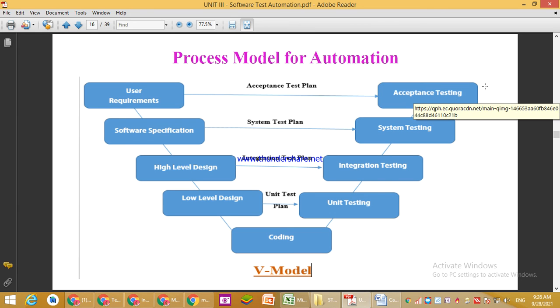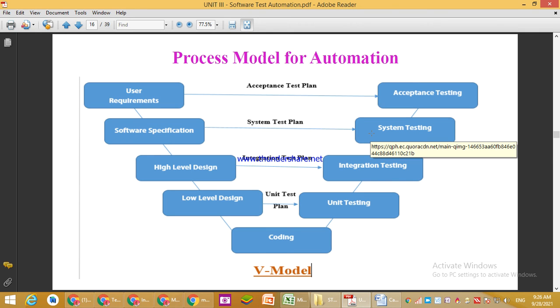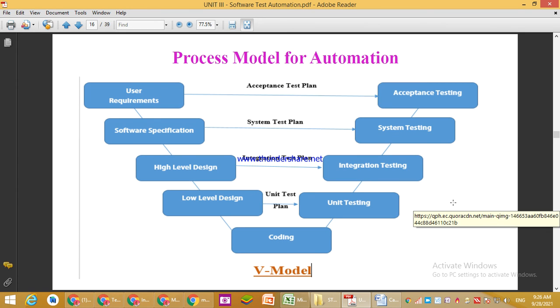For software specification, system testing. When we give the system test plan to the system testing, it gives a signal whether the software specification follows the particular criteria or not.